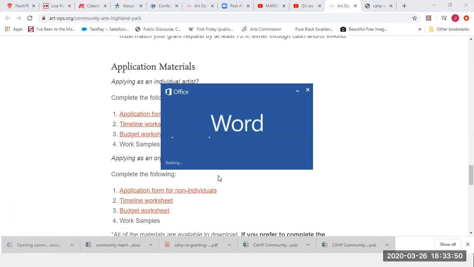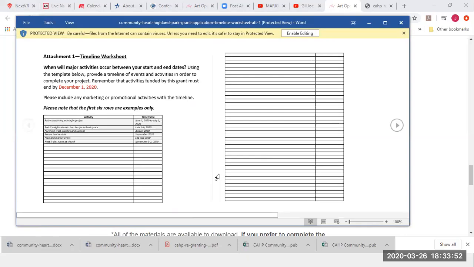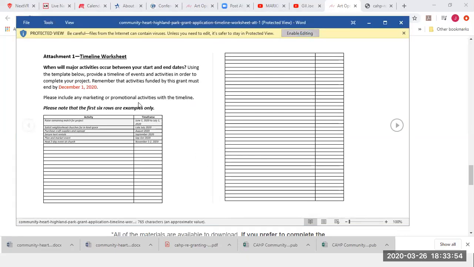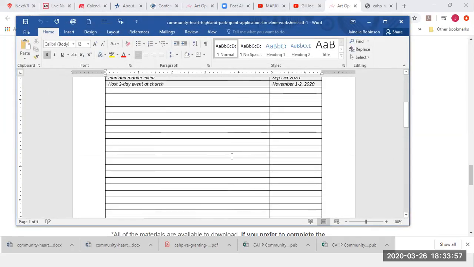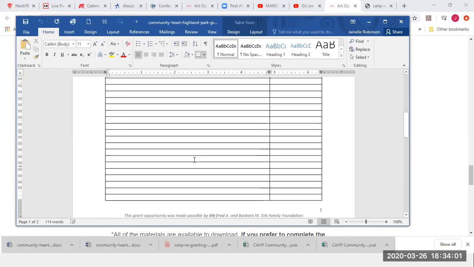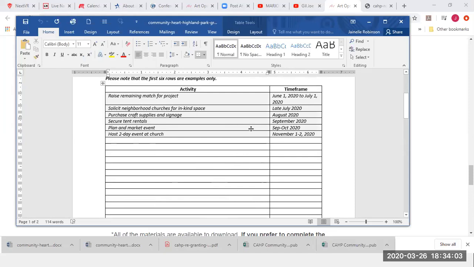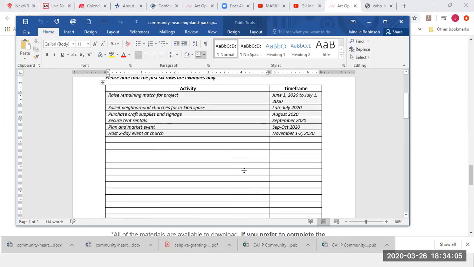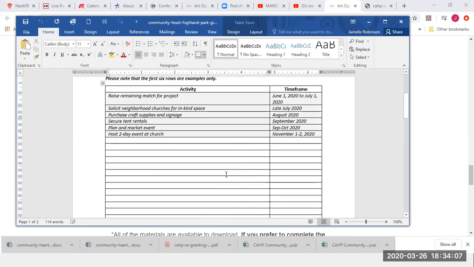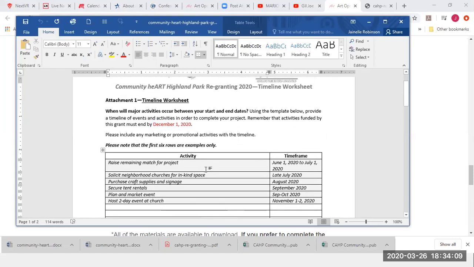We'll just open it up and take a look at it. So all this stuff, because this is Word, you can delete what you need or add to whatever you don't need. So don't feel confined to the bars that we have here. As long as you have basic format, we're fine.